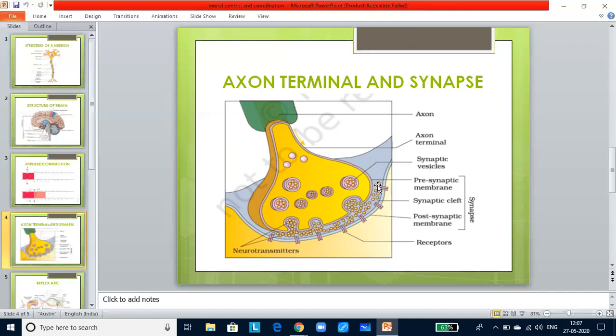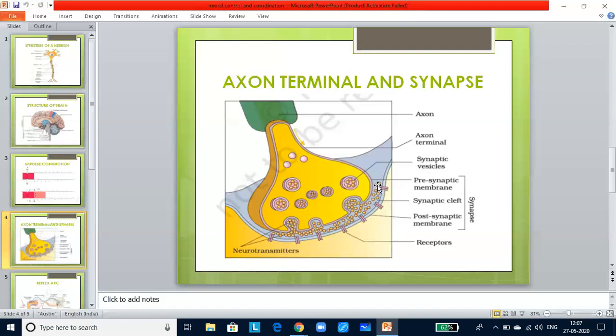At electrical synapses, the membranes of pre and postsynaptic neurons are in very close proximity. Transmission of an impulse across electrical synapses is very similar to impulse conduction along a single axon. Impulse transmission across an electrical synapse is always faster than that across a chemical synapse. Electrical synapses are rare in our system.